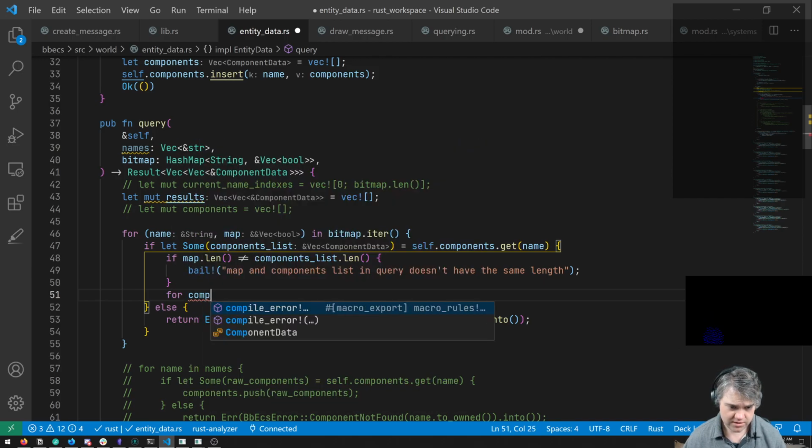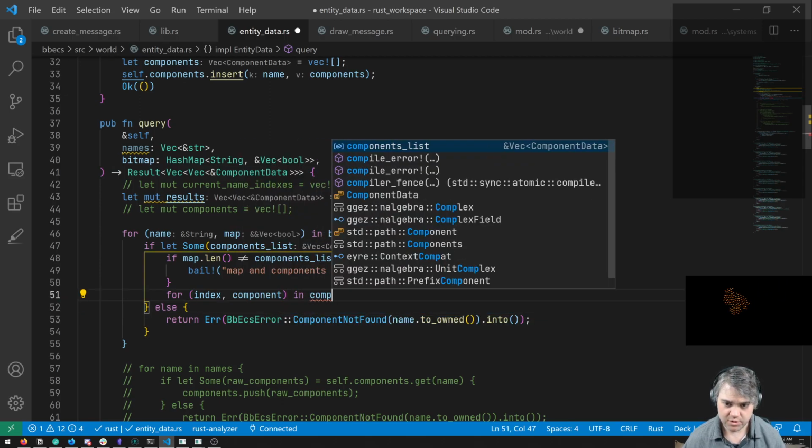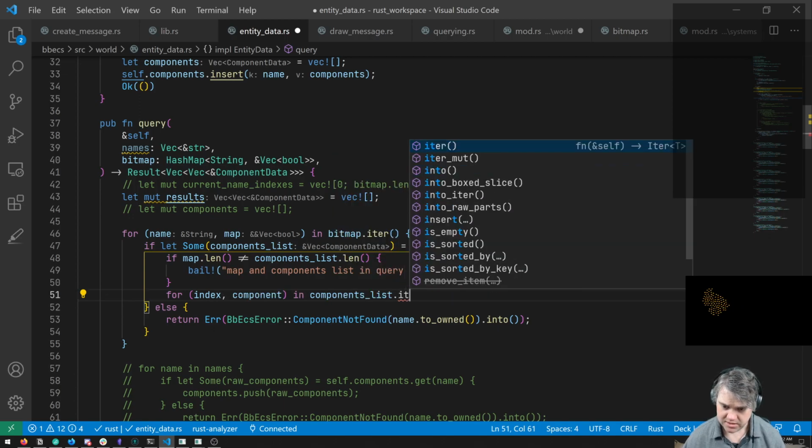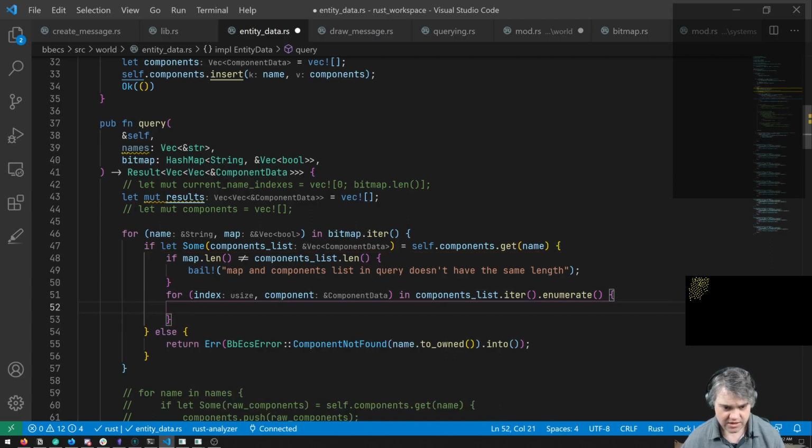So for component and the index, we need both of them, so index, component in the components list, doesn't really matter. We'll iter and we'll enumerate. Okay, that gives us our index and our component.